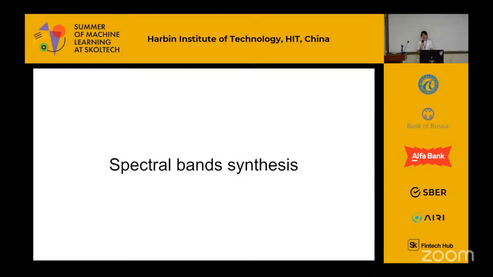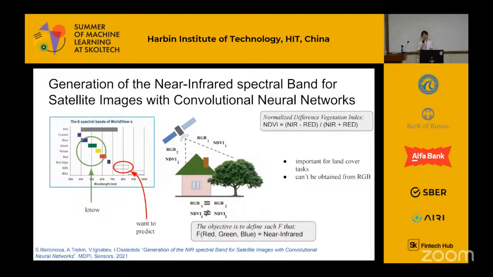And another task is spectral band synthesis. For some satellites, we do have more than 3 bands, but for high quality data with high spatial resolution, we usually have just RGB. And it's another question: how can we create additional bands using just RGB? Because for downstream task, it can be required to observe both RGB and near infrared or some other bands that provide information about